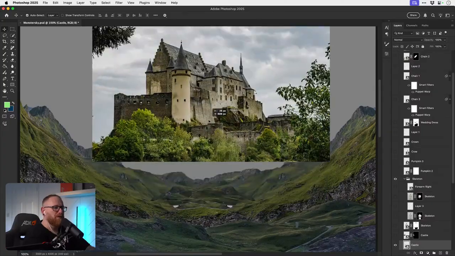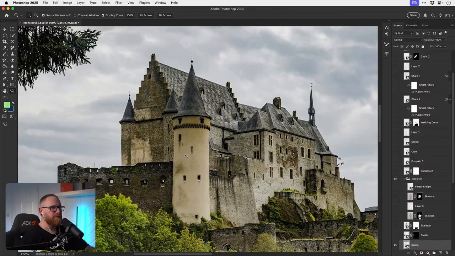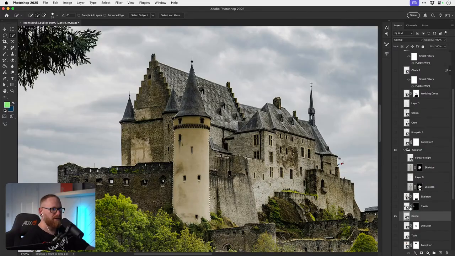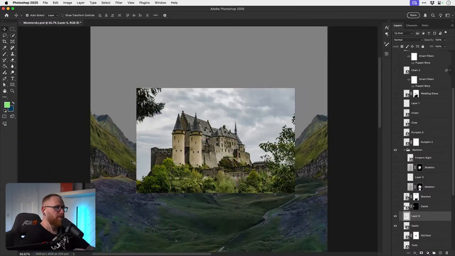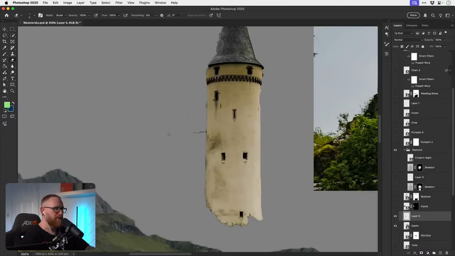What we could do, if we wanted to have a castle, you could plonk this one in, but what I think I might do is cut out all the pieces and then Frankenstein a completely unique castle. So if we were to just take this turret, for example. Photoshop's not doing the best job cutting it out, but that's fine. We could try and turn this into a completely different castle.